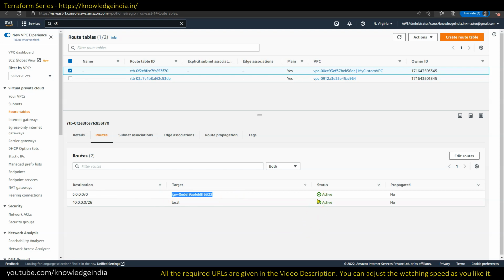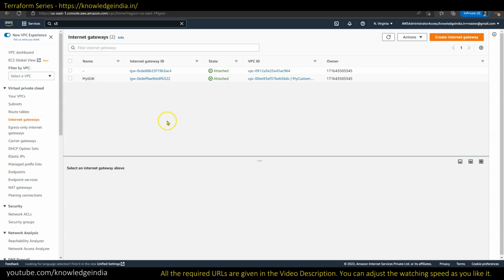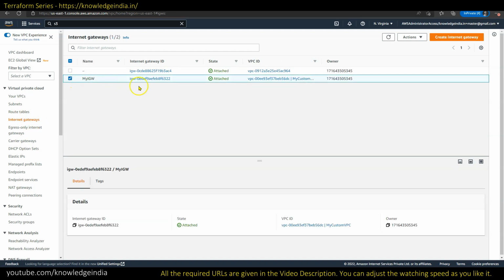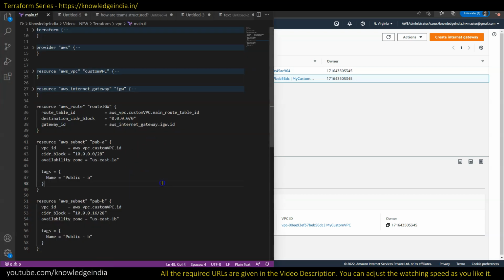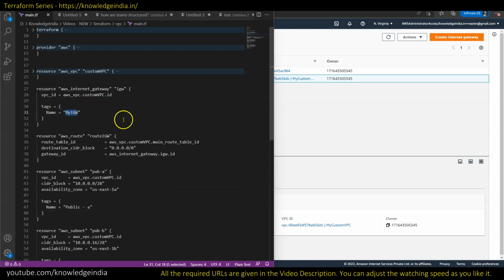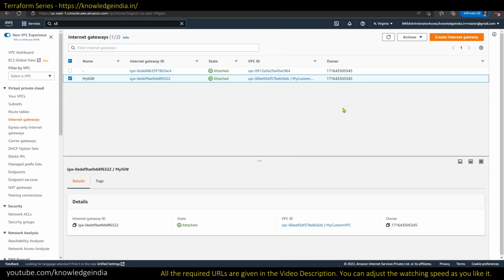So you can also go ahead and look at the internet gateway, right? This my IGW is the one which got created by the Terraform. You can see my IGW. This is the name which I had mentioned as well, which we can very well see here. If I expand this, you can see my IGW is what I had given. So you just now saw how we were able to go ahead and create the VPC and all the other